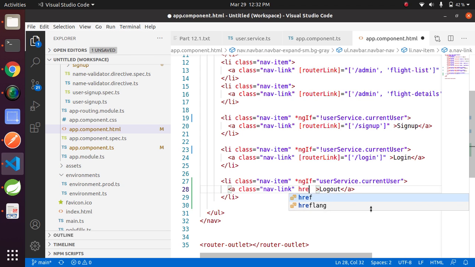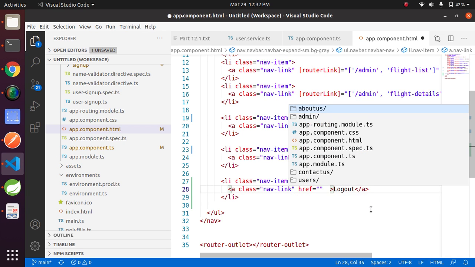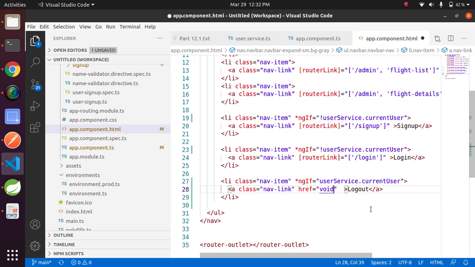Just add href equals to void 0, and on click we need to call a method to remove the token from session storage.